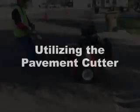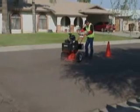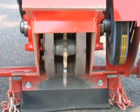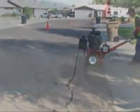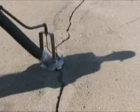Utilizing the Crafco Model 200 pavement cutter, we will now demonstrate how to properly prepare the crack for sealant application. The demonstration shown here is using the inline cutter configuration. This cutter configuration allows the crack to be widened and cleaned. The sealant bonds better with the crack sidewall when they've been routed, and this configuration is normally used on random cracks. Once the crack has been routed, it is blown clean of any dirt or debris, followed by the sealant